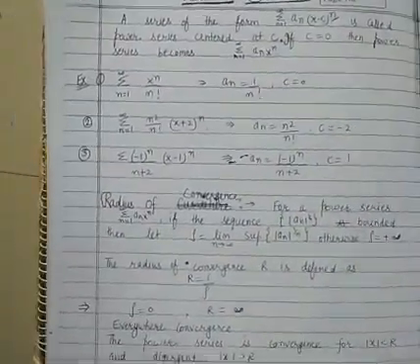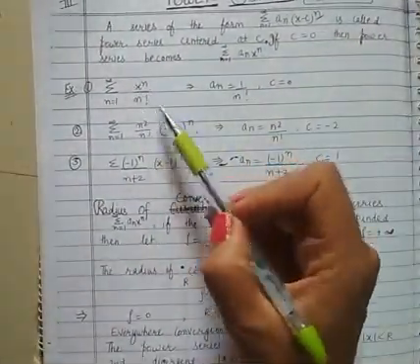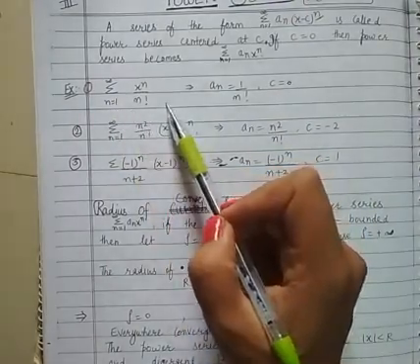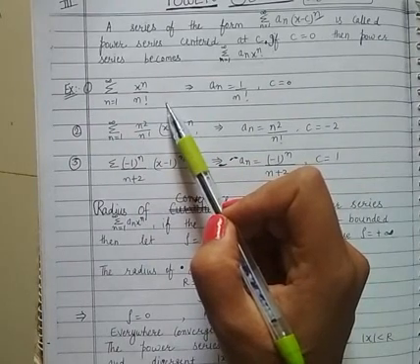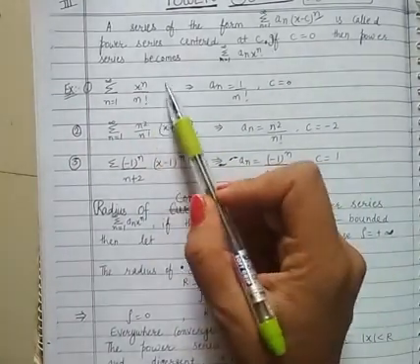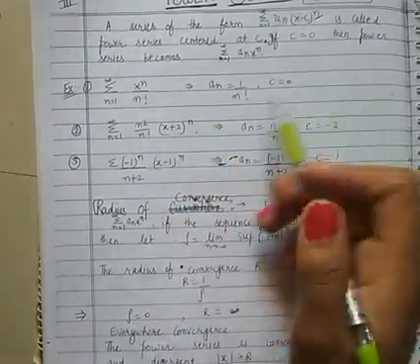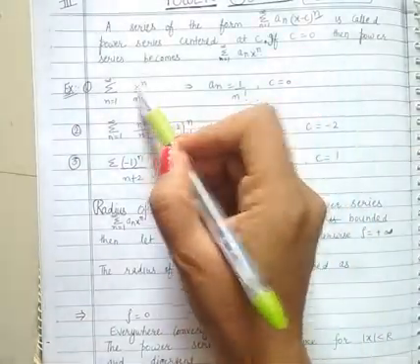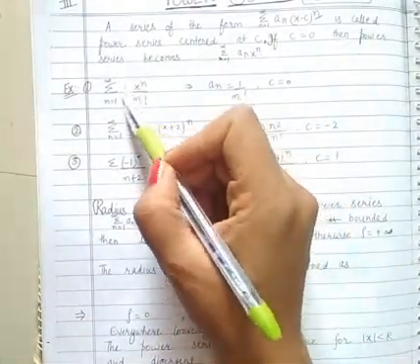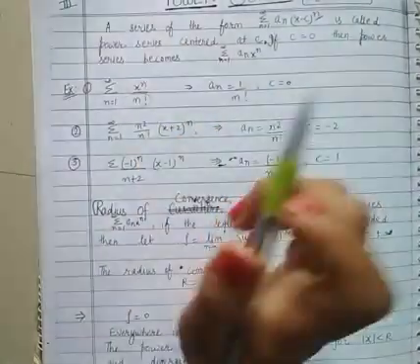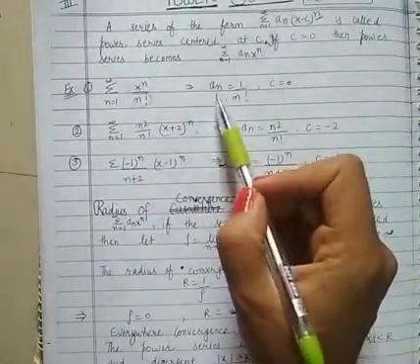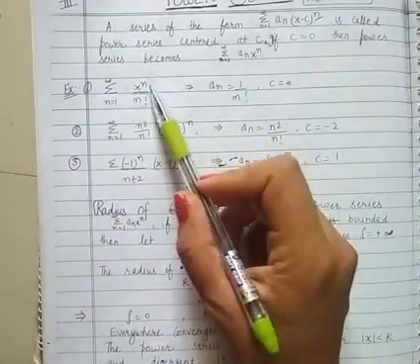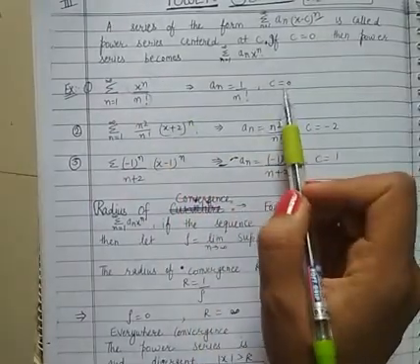For example, a power series of x power n upon n factorial, n from 1 to infinity. It is of course an infinite series. Simultaneously, it is a power series because the power of x is increasing as we go on and on. Here you have to identify two terms. One is this x power n, and everything else with it is called the coefficient of the power series. So we have a n as 1 upon n factorial, and here the center is 0. So c is 0.